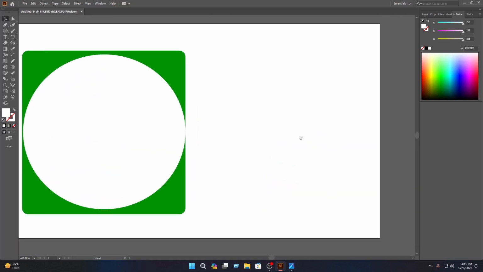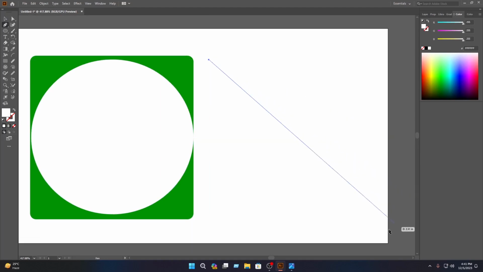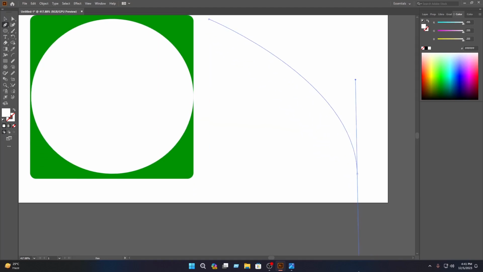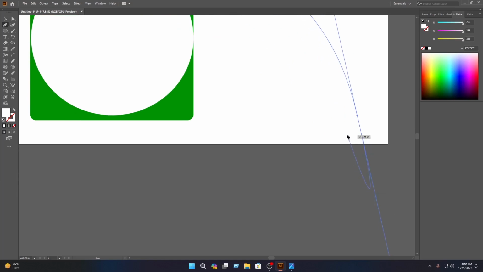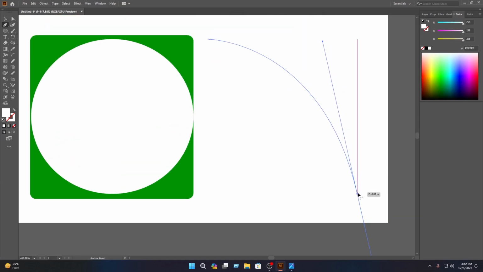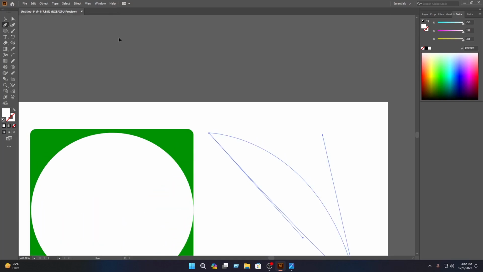select the pen tool from here, then you have to click on here, then you have to click on here and draw a curve, then press and hold alt key, then click on the anchor point, then you have to click on here and draw a curve again,